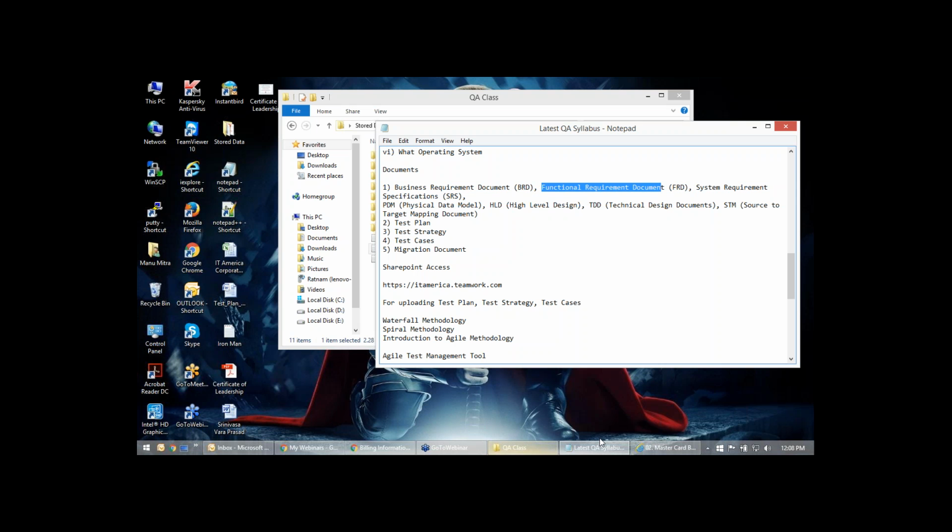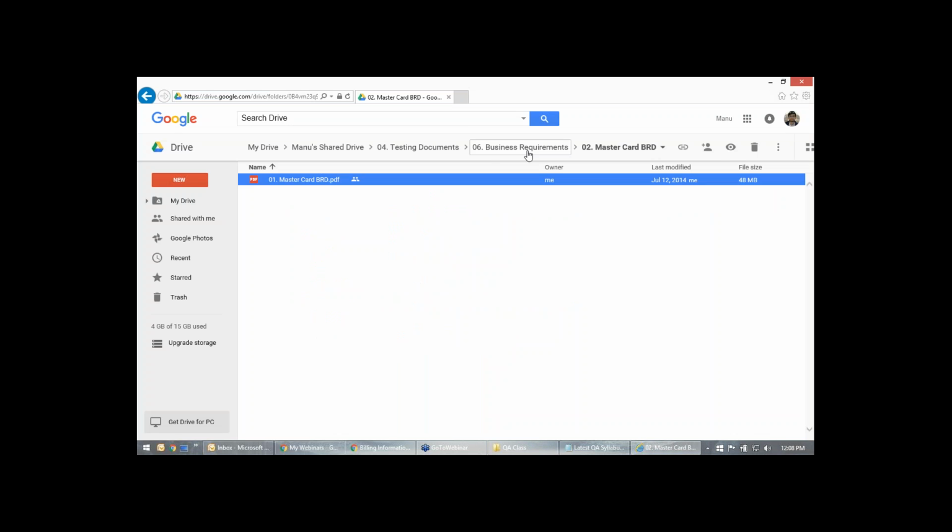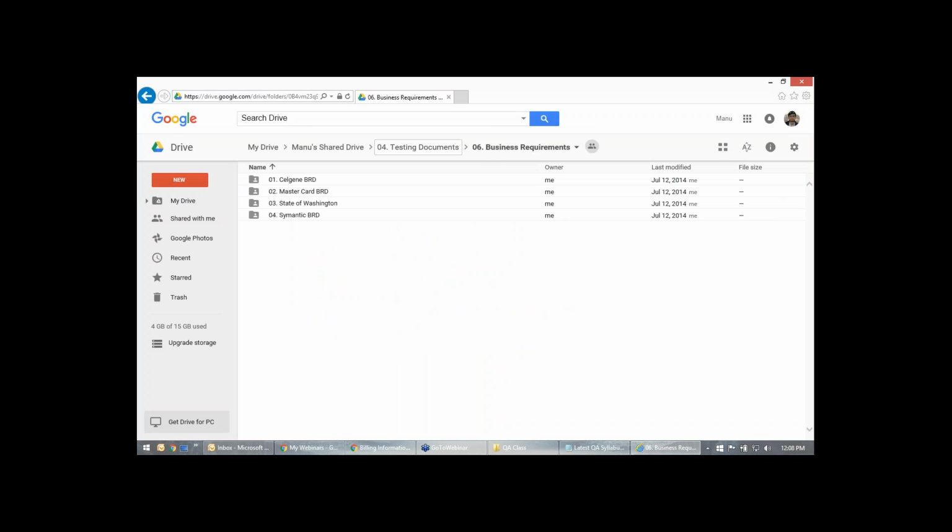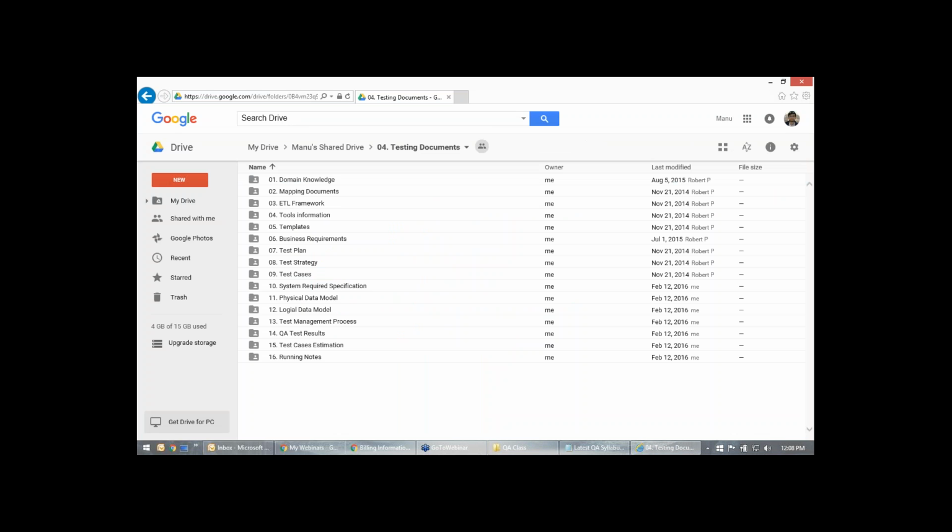The functional requirement document is like, let's see, we have it. Oh, I forgot to add this. Okay, so the functional requirement document contains the functionality and features of an application.